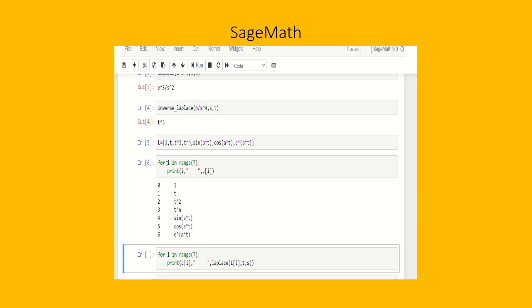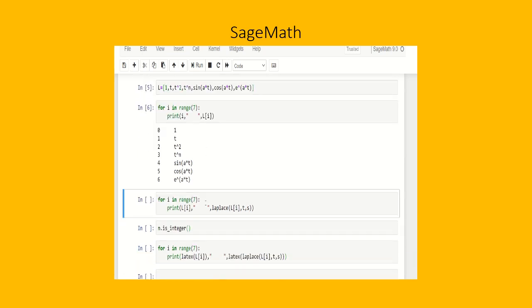So when we say that i comes from range of 7, that's saying that i has to be in this loop: 0, 1, 2, 3, 4, 5, and 6. So here we just printed out the functions. Now the next cell is going to be very similar to this one, except instead of printing out i and L of i,